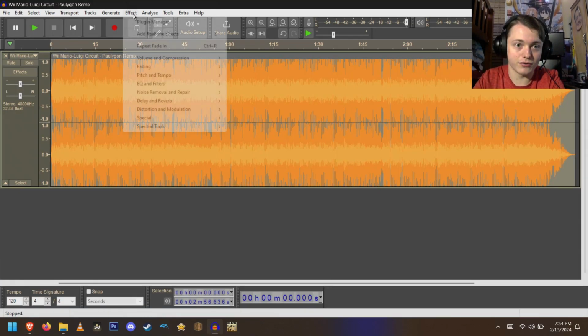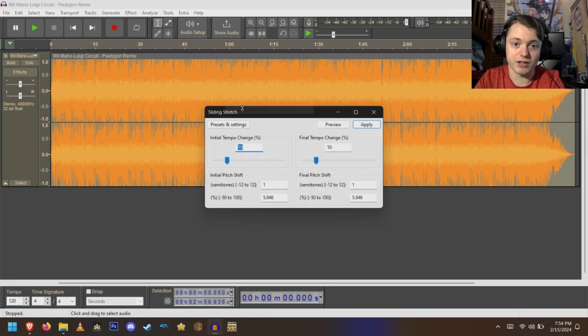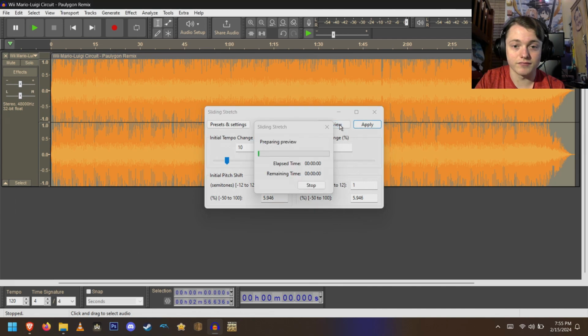So if we go up to effect, let's see, it was pitch and tempo, sliding stretch. So the only two things you're going to want to change, and this will be for any song you use, are the initial and final tempo change. Both of those need to be at 10%, and then the semitones both need to be 1. After that,